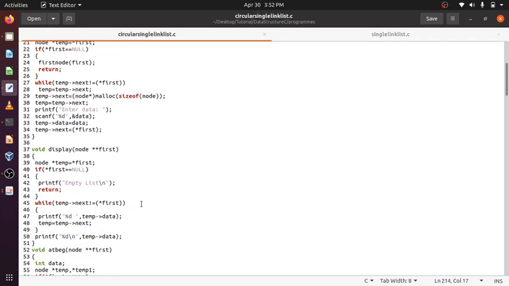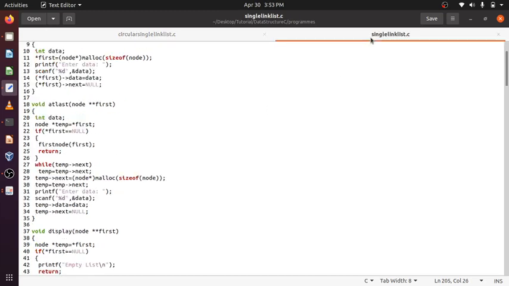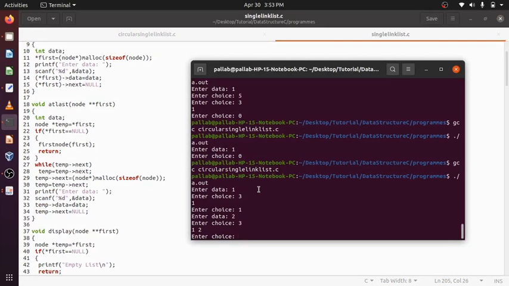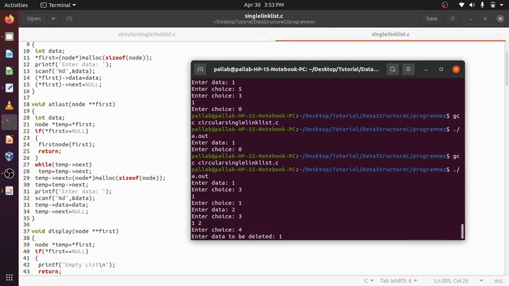After that, display. This is the display function. First not equal to null, here also first not equal to null. First delete, suppose 1.